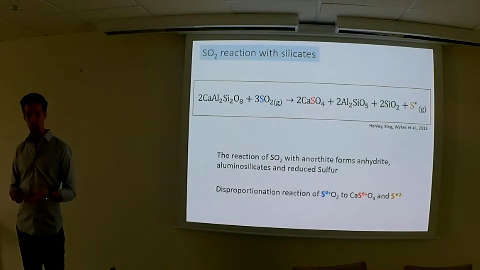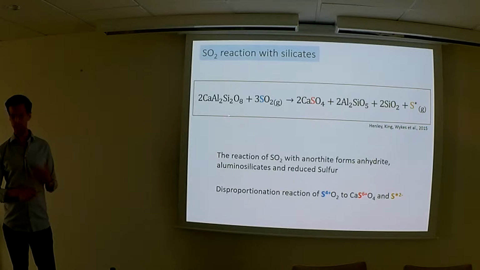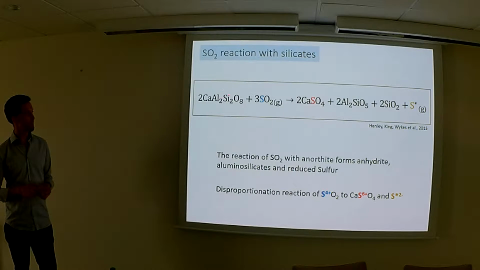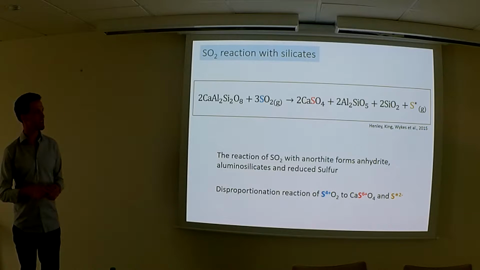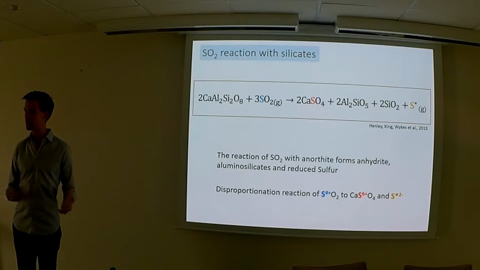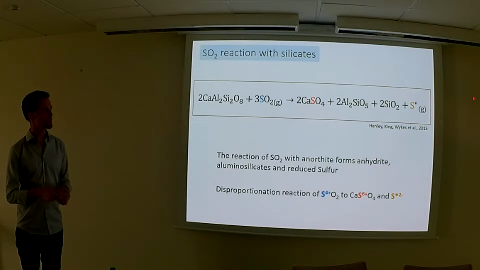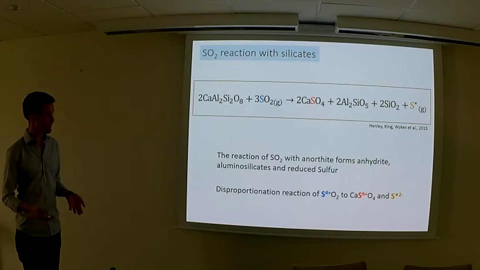So, what reactions do we expect? This is sulfur dioxide reacting with anorthite. If we have anorthite plus sulfur dioxide, the calcium goes into a sulfate, such as anhydrite. It leaves some sort of aluminosilicate. I'm not talking specifically about any phase here, but a calcium depleted aluminosilicate material, and we produce some free sulfur